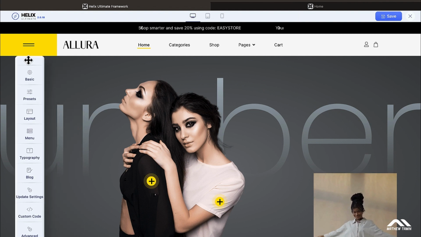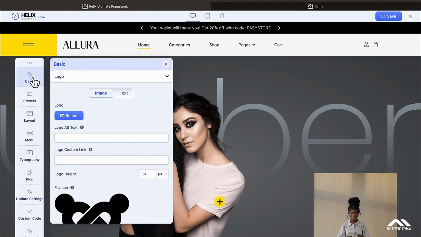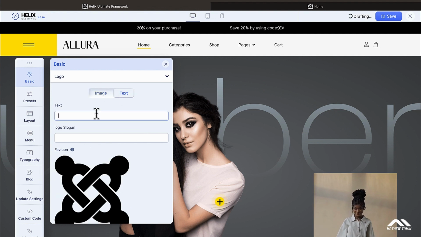So now let's break this down. The goal is we want to focus primarily right now on just this header section and then the menu. So you click on Basic. If you want to change this logo to replace it with your own, you can either use text and put in your company's name,